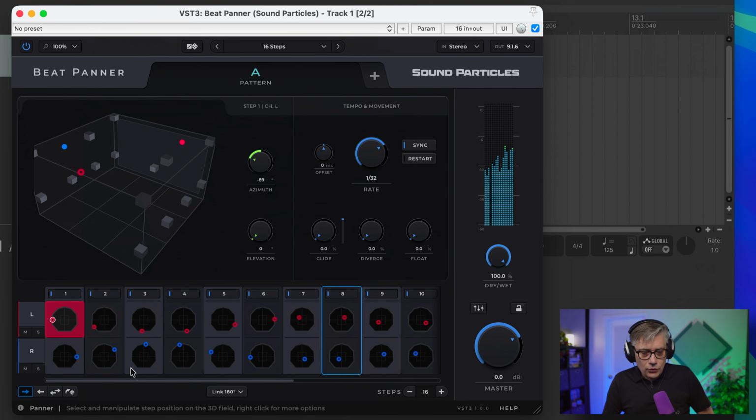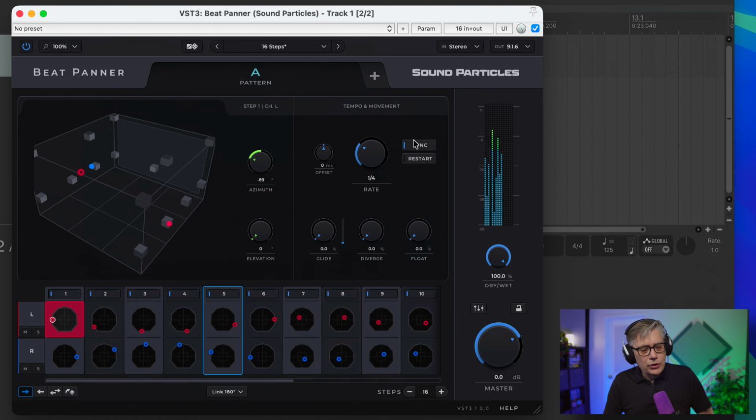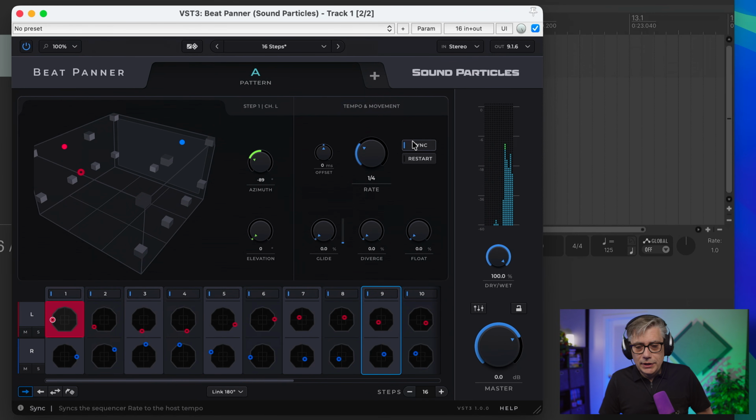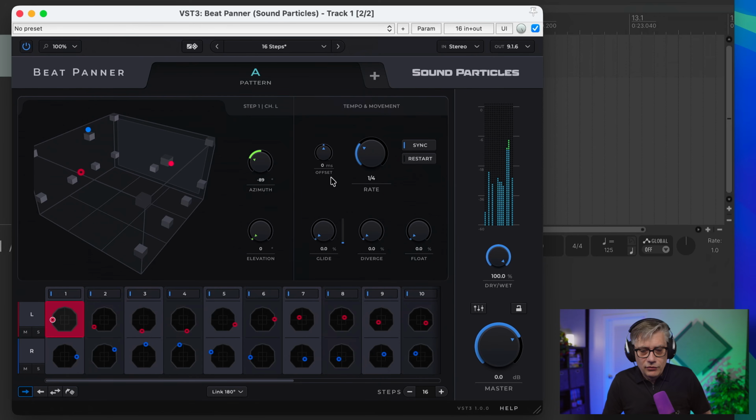Now, as you can see, it's going through the individual positions that are set here in the sequencer. Now, it's doing that rather quickly because it's currently set at the rate of 1/32, which is a bit fast. So let's just slow that down a bit, maybe to 1/4. I can also separate this. Currently it's synced to the digital audio workstation, but I can actually separate that if you want to. And I can give it a little bit of an offset. So if I want the change in position not exactly on the beat, I can move that back and forth a couple of milliseconds if I want to.